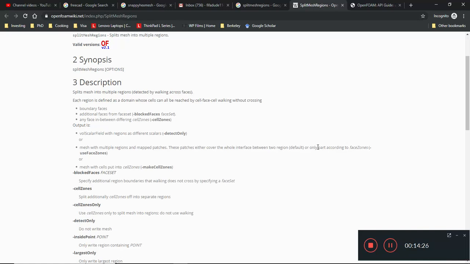Okay, so all right, you can use cell zones. Patches cover the whole region. These are the options. If you want to output that volume scalar field, you use this detect only modifier, or else you use this